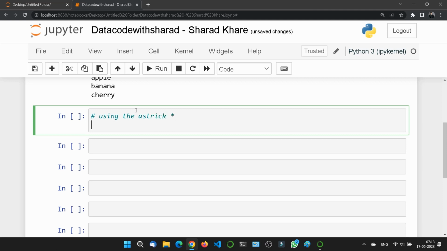If the number of variables is less than the number of values, we can add an asterisk to the variable name, and the values will be assigned to that variable as a list.